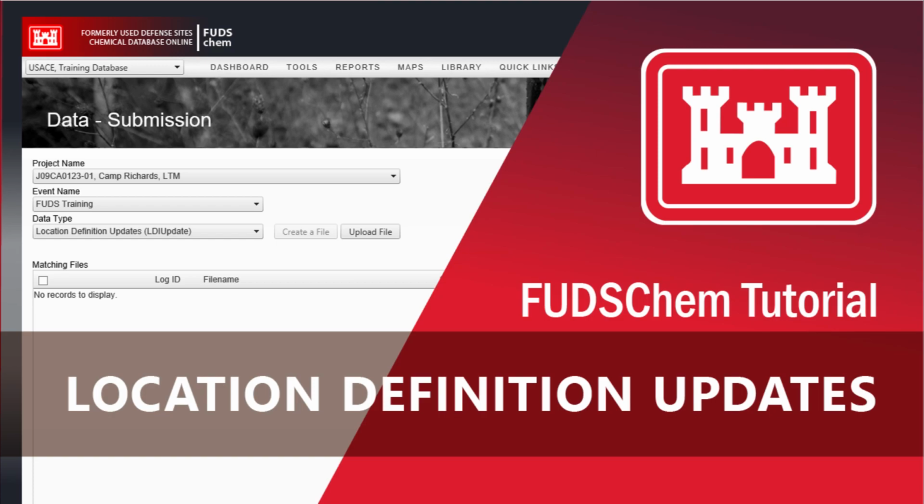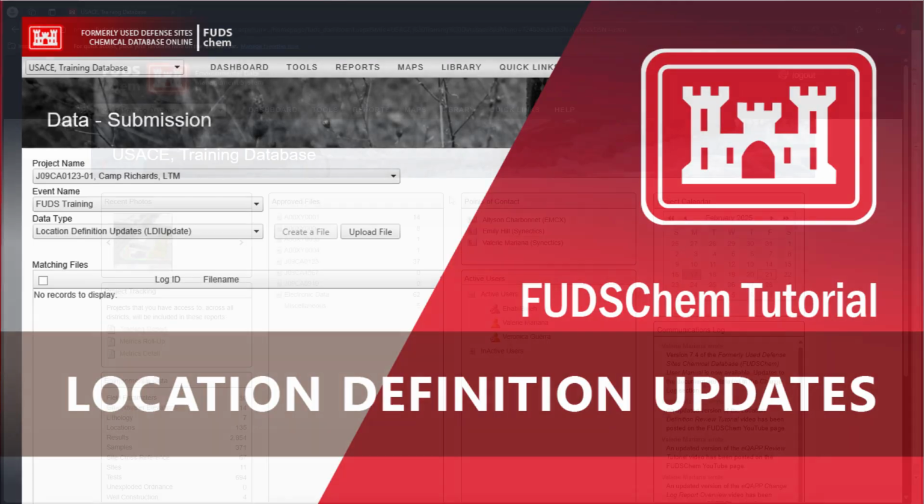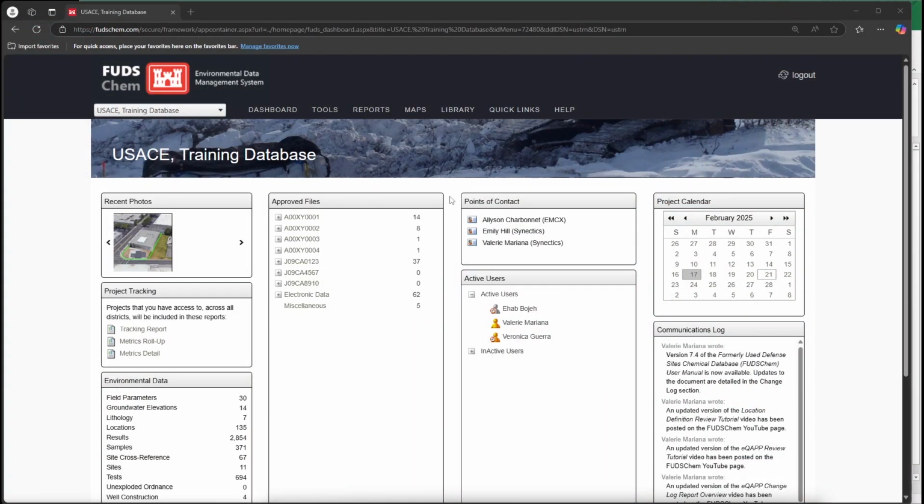This video will go over how to update location information in FUDSChem. To learn how to submit locations, please refer to our Loading Locations tutorial videos, linked in the description. If placeholders are entered for location data, they should be updated as soon as possible by creating a location definition